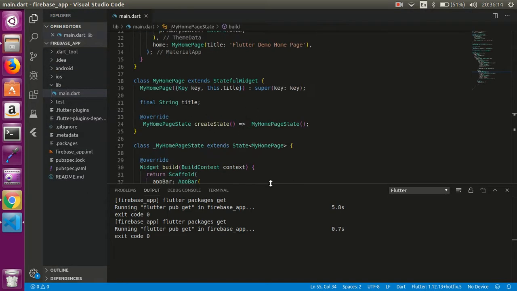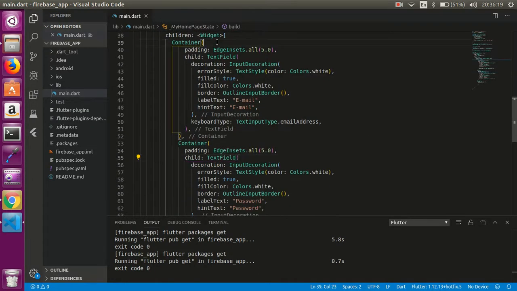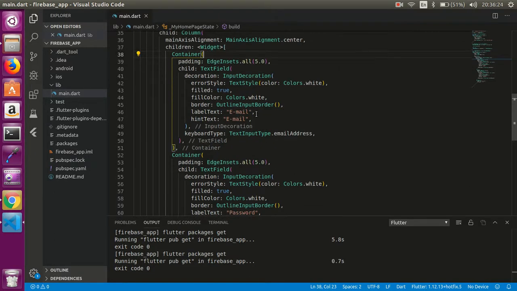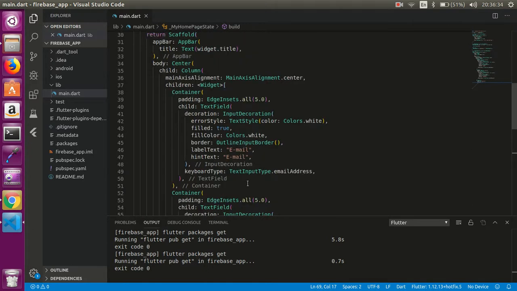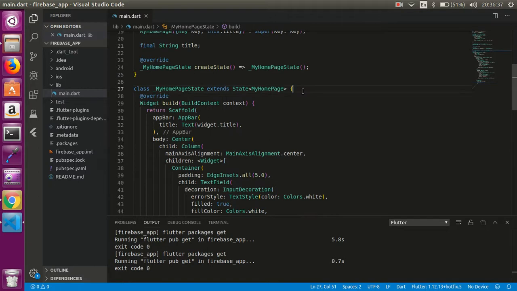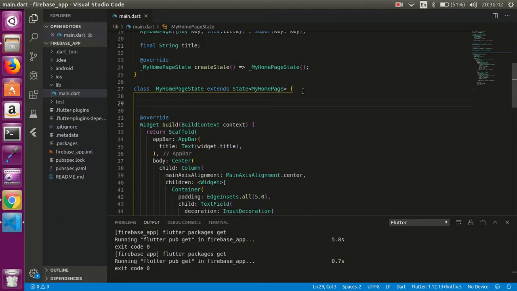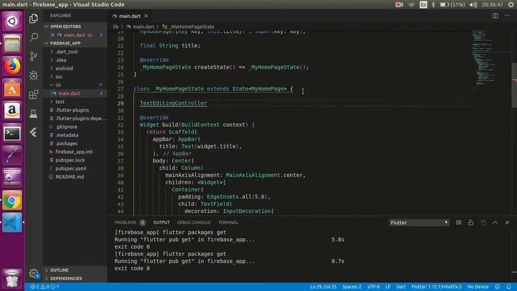I have changed it a bit. Basically I'm using 3 widgets here, 2 text fields and a button, 1 text field for email, another one for password, and then a raised button where we will click and our user will be registered to Firebase. As we are using text fields, we need to use TextEditingController to get the text from the text field. So create one controller for email,